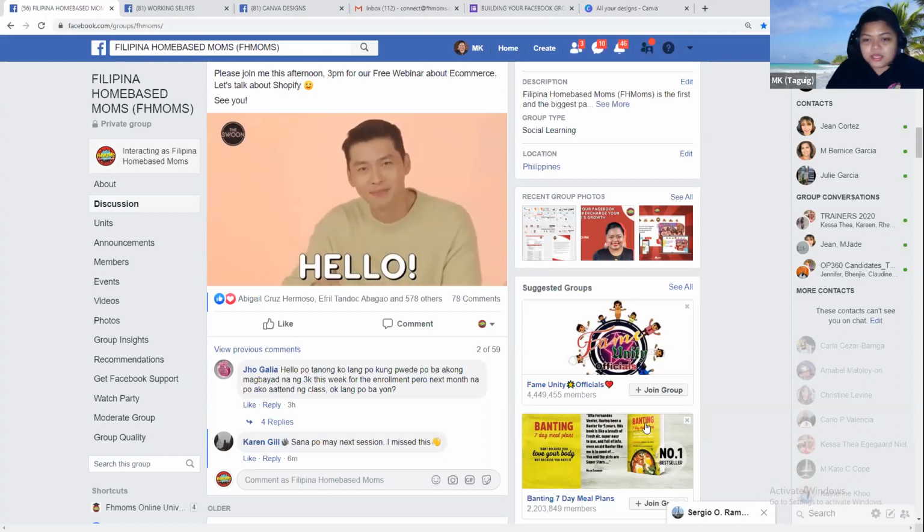Yeah, pwede naman din siya to automate. Yeah, Zapier. I'm not really sure how it works, but I've heard about it. So, yeah, pwede rin naman. But for us, mas okay na ako to them answering our member form so that mas ma-capture ko din yung ibang data nila aside from email. No?